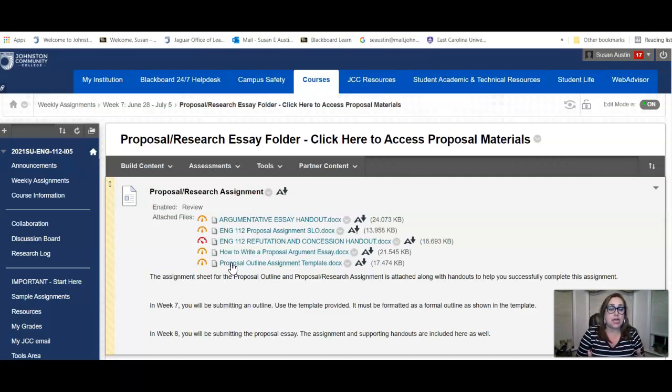Some of you may have done an argumentative essay or proposal in another class, and you may not need them, but I try to be thorough with making sure that you have as many resources as you can have to help with your success. It is up to you to go through those and read through those and ask questions if you have any. So for the outline assignment, I've posted it twice,